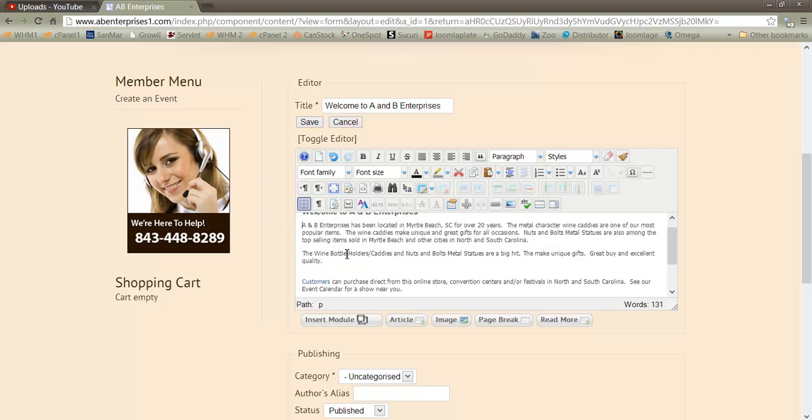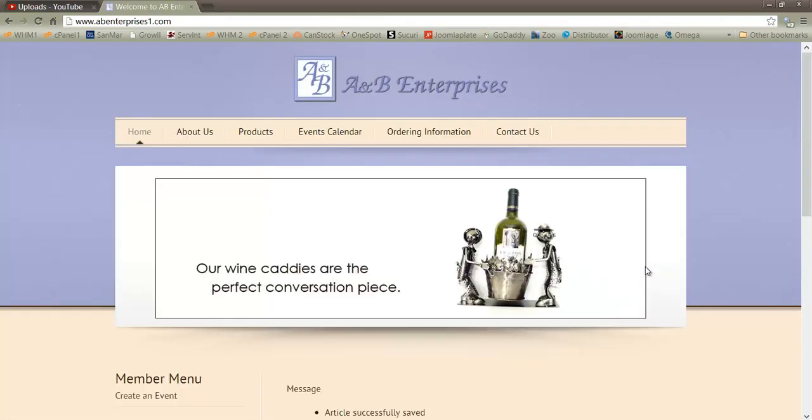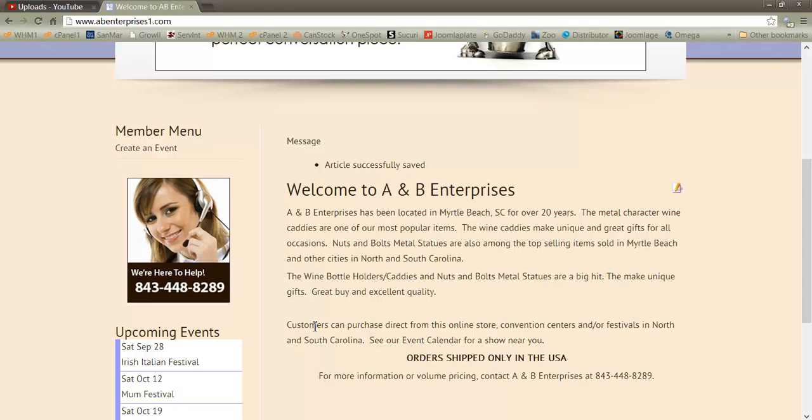I forgot that when I save that, it won't undo that part for me. And then here you just basically hit the unlink, and that'll take that link off. So again, just go up and hit save, and now when you go back to that page, those things are